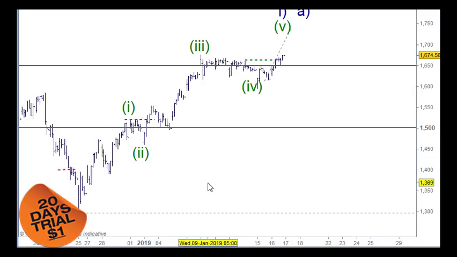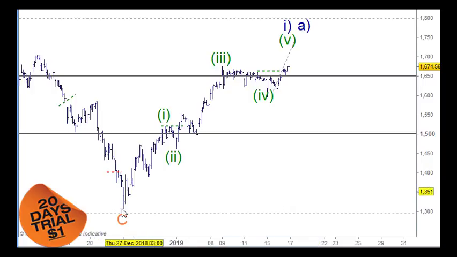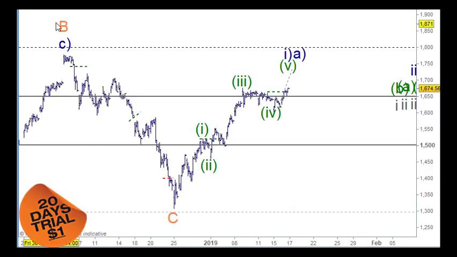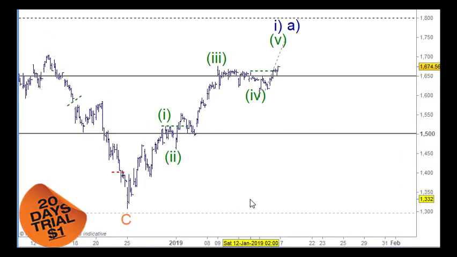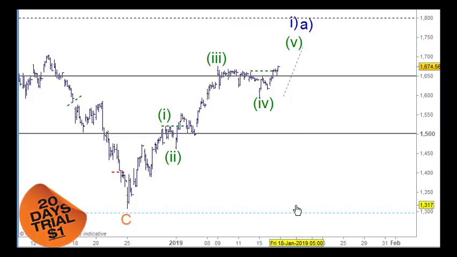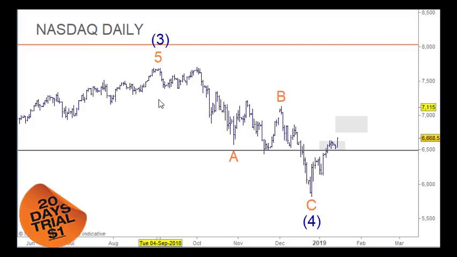So you can see the 5 wave structure here a bit clearer as well in this market. So this is up from the low here as well, with all of this as an A, B and a C here. So this is sort of panning out to be more of an impulse wave here for all of this. So we'll continue to keep an eye on this, but we can expect this market to move higher from here. And with that in mind, looking at the NASDAQ here,